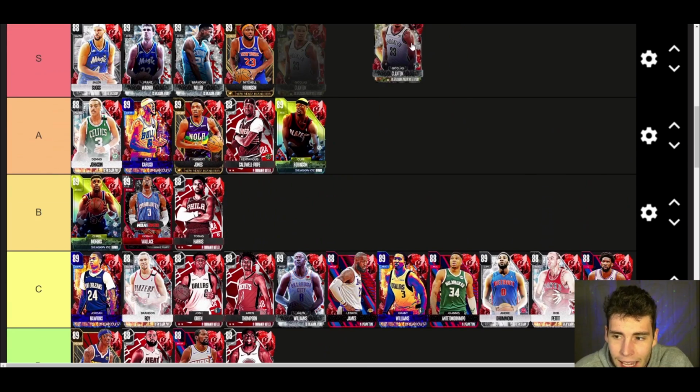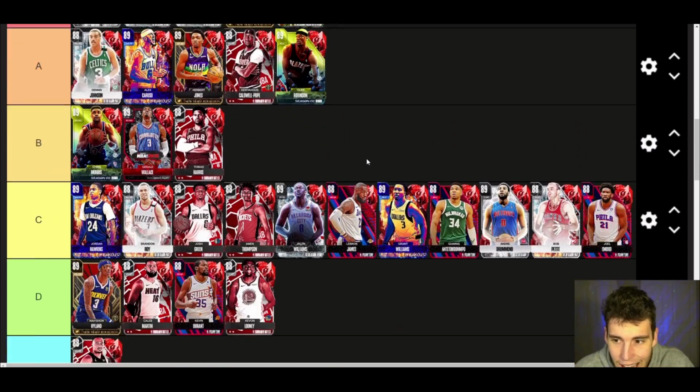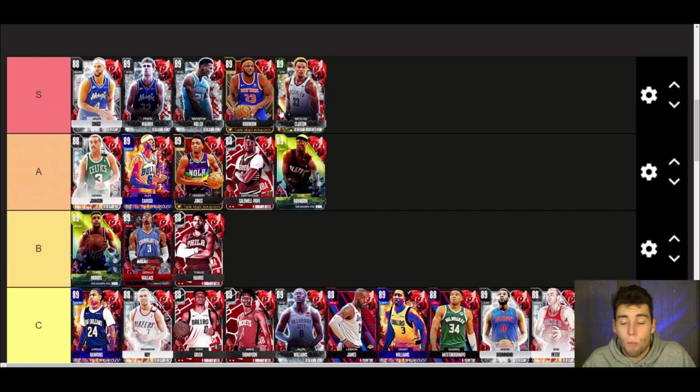Nicholas Claxton up next, and I'm going to go S tier with Nicholas Claxton. I do like Mitchell Robinson more than Claxton. I need to make that known, but I think both those cards are deserving of S tier. If you want to play Claxton at that power forward position alongside Mitchell Robinson, that is something I would encourage you guys to at least try out if you do want to run the two cards. Both budget options. Mitchell Robinson's cheaper, so maybe I have like the cheaper card bias in my opinion, but both